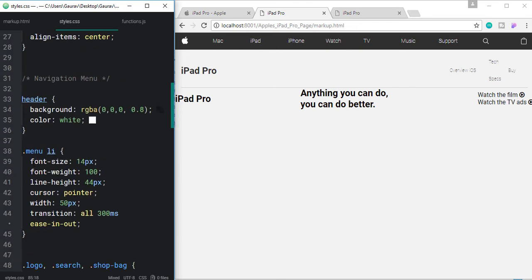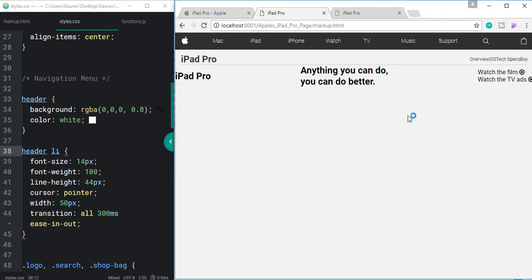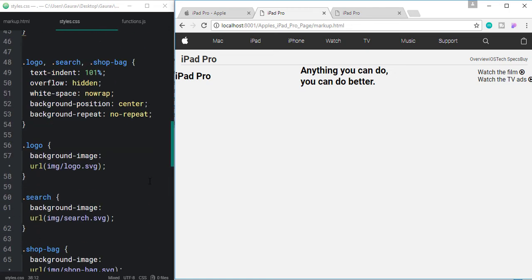So instead of typing here menu space li, we can target them as header li, the li is in the header. So these list items won't take the styles of these list items. Okay, so let's save that. Okay, so that's what we exactly need.